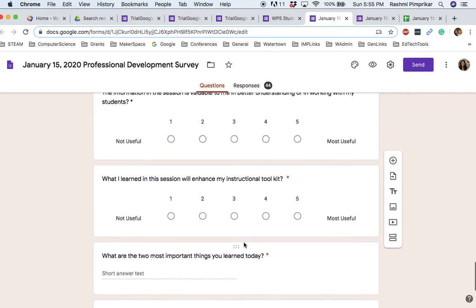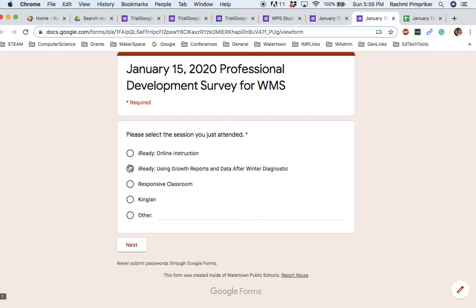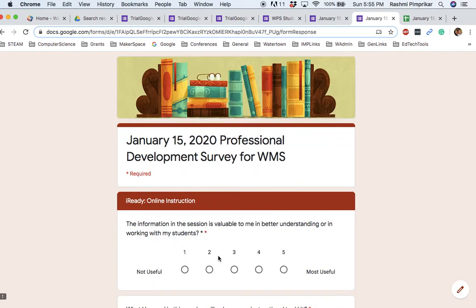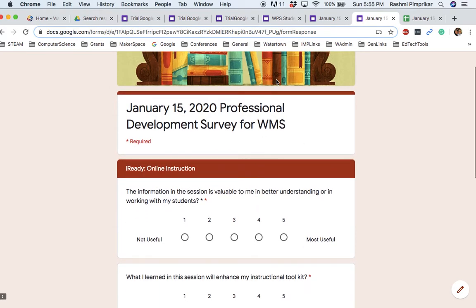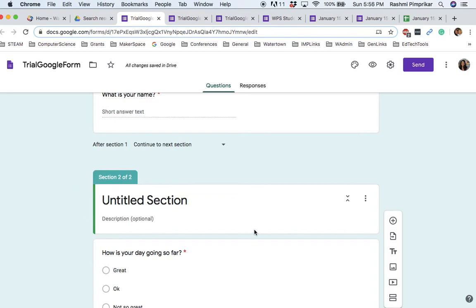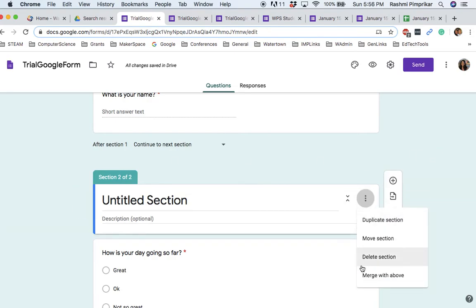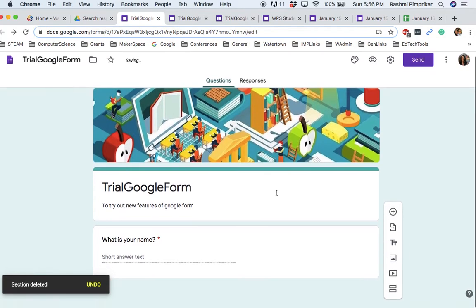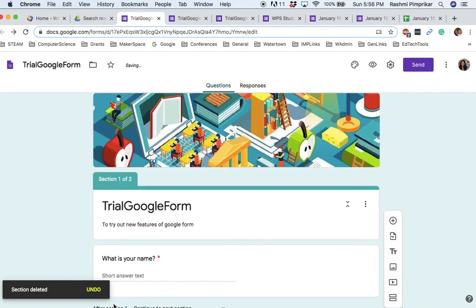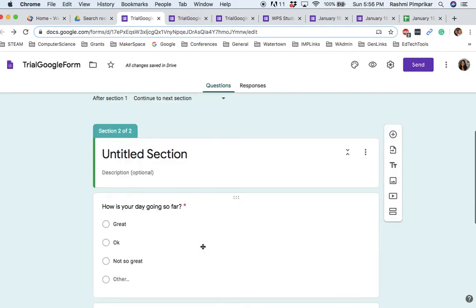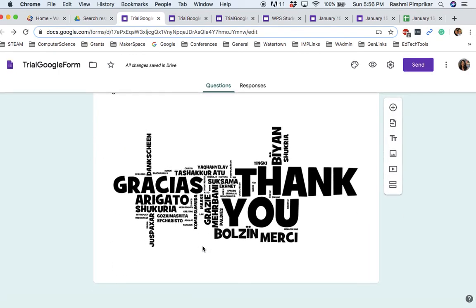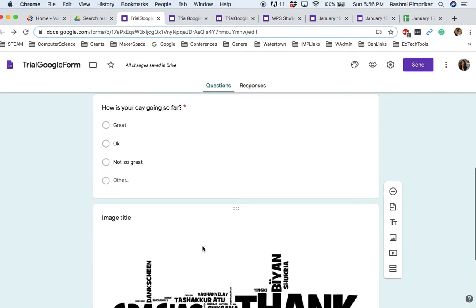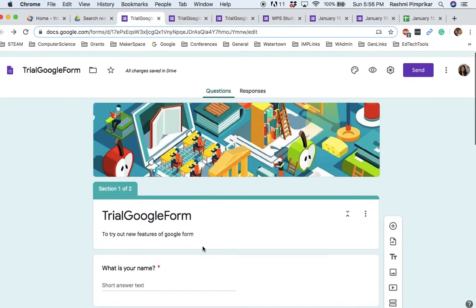included in individual sections. So in order to take the test, I can check on to the form, and then I can click next, and it will take me to the next section, so on and so forth. So that's a very good way of focusing and distributing the questions to relevant sections as they appear. So I'm going to delete this section, and now I have all of these features, and then last but not the least,